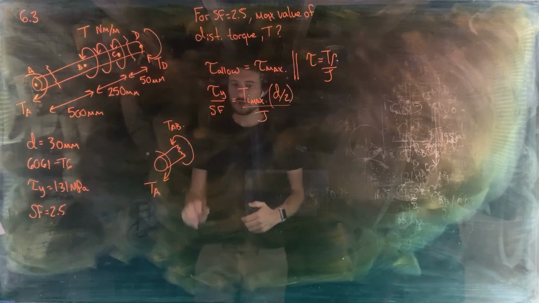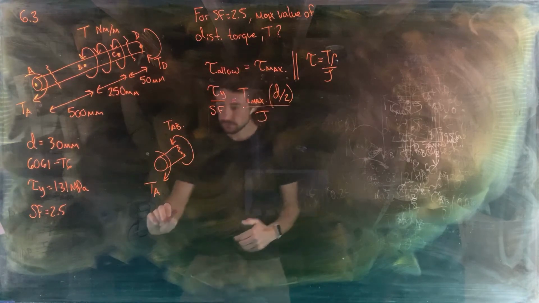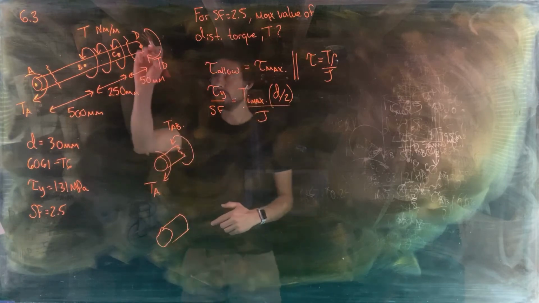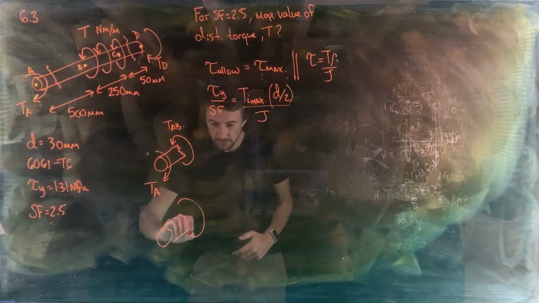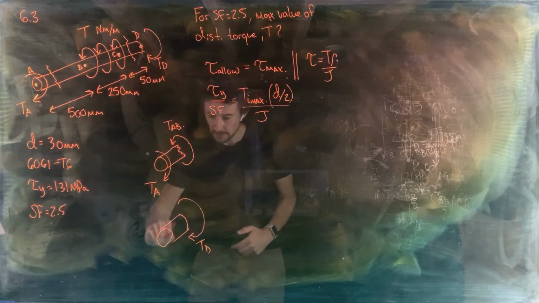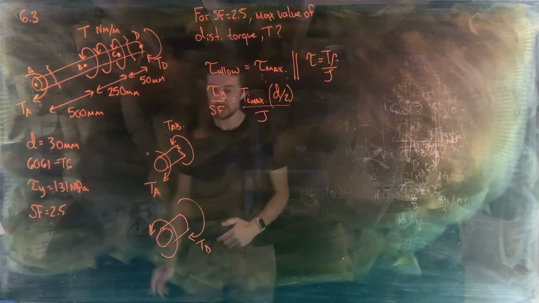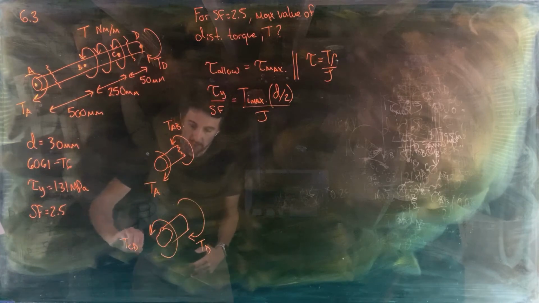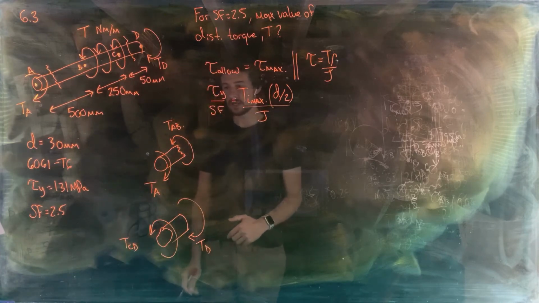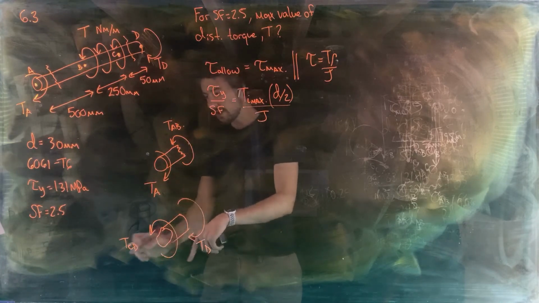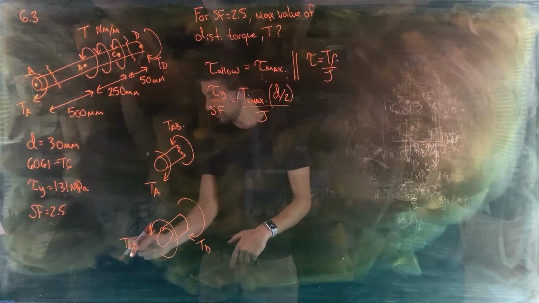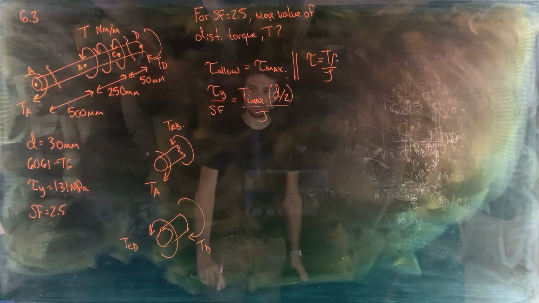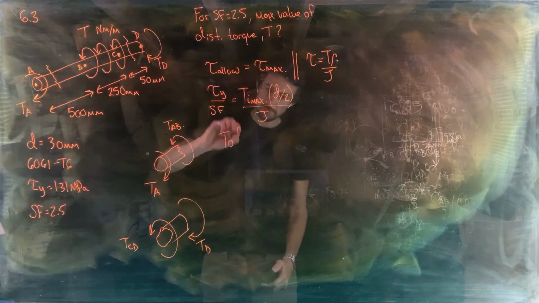If we take a section cut there, okay, here we go. Then we've got the orientation of TD like this, and the direction of the internal torque, TCD, would have to be in that orientation. So similarly, we can't find what the internal torque TCD is until we know what the support reaction TD is. Okay, so to find